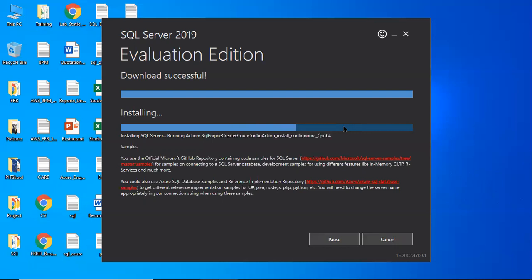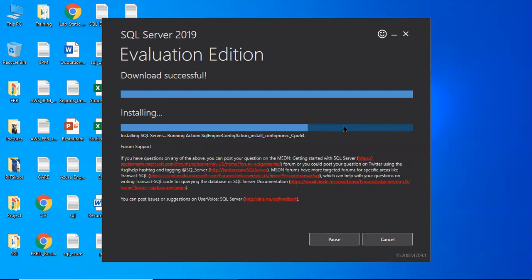In general, on a fresh machine it takes 5 to 10 minutes. But on my machine I have already installed SQL Server, that's why it takes less time.